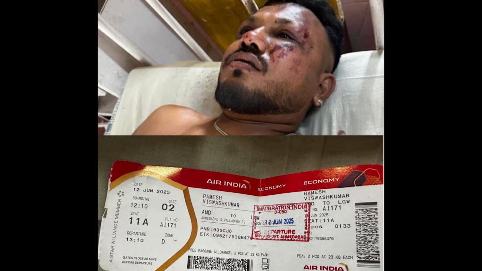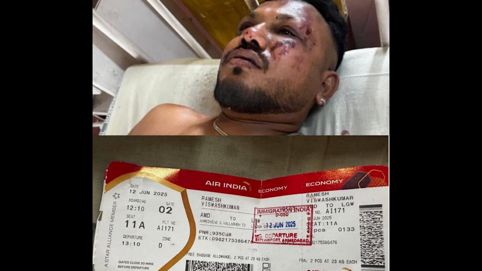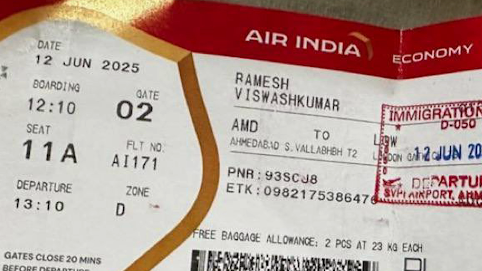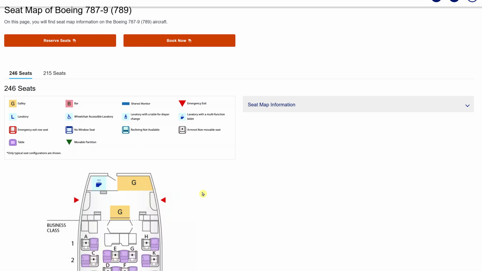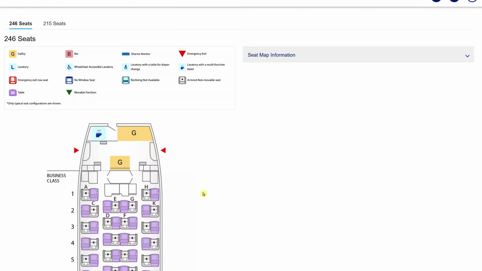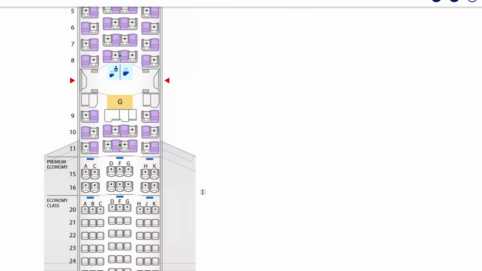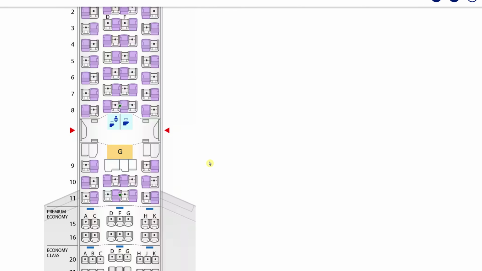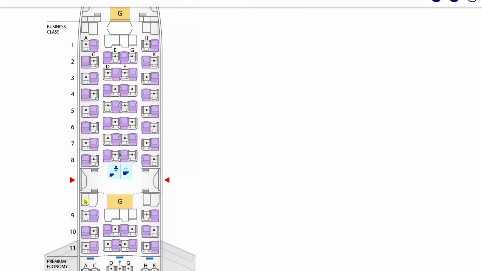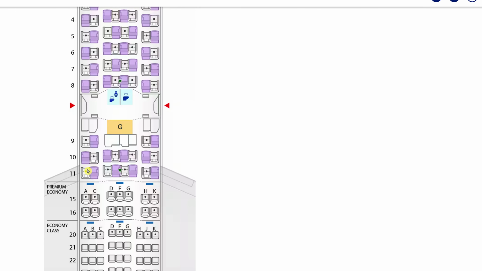And so here the news has released photos of him in the hospital, and there below his picture is a photograph of his actual boarding pass showing seat 11A. So if we look at the floor plan of the Boeing 787 Dreamliner here from Flight 171 of India Airlines, you can see, according to the ticket that he had there in the picture, if everything is correct, he was sitting here in seat 11A, which looks like that upgraded business class section. Yeah, he was in the last row of it.